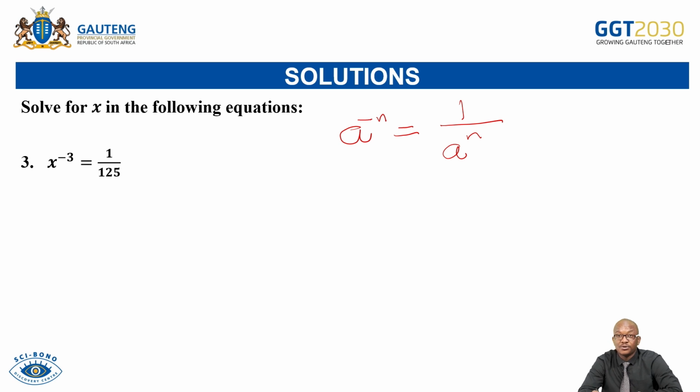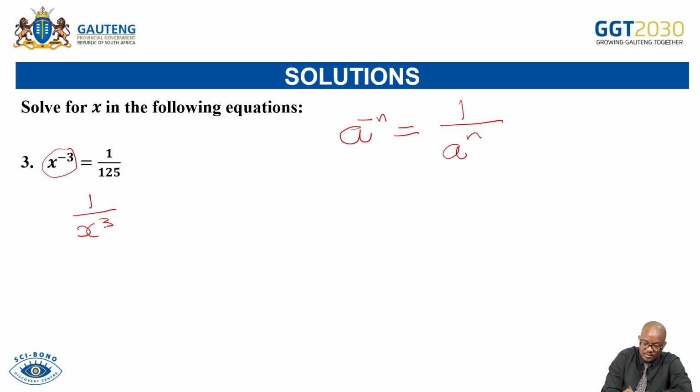That is the basic rule that we are going to apply here. So we can start by changing this to 1 all over x to the power of positive 3, equal to 1 all over